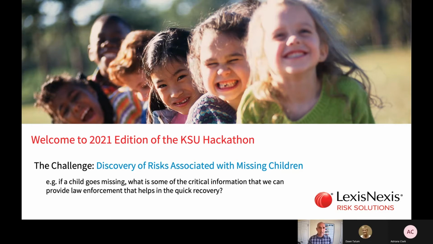So what we're trying to do is really challenge you, providing some of this information to you, some of the data sets, and challenge you to see if you can solve some of the bigger challenges around retrieving this child, right? If the child goes missing, how does law enforcement act quickly so that they can retrieve enough information, enough background, and then help the child as quickly as possible? So that, in a sense, is what we're trying to do here.